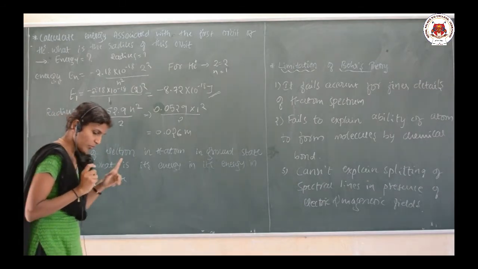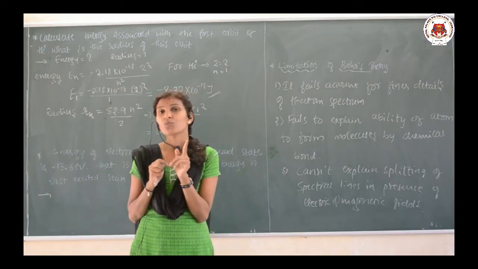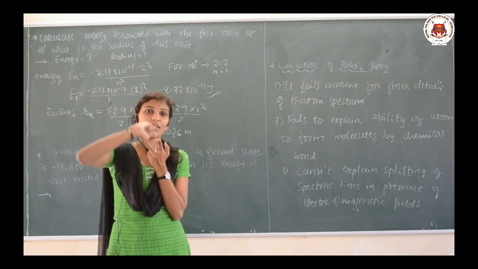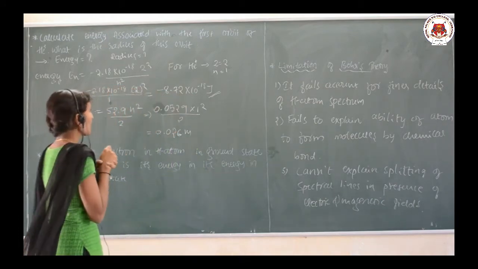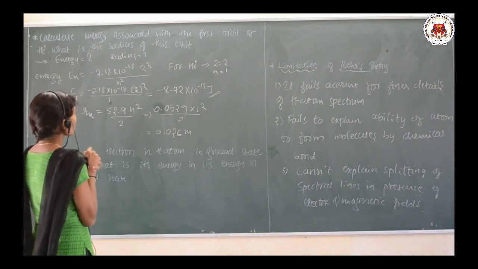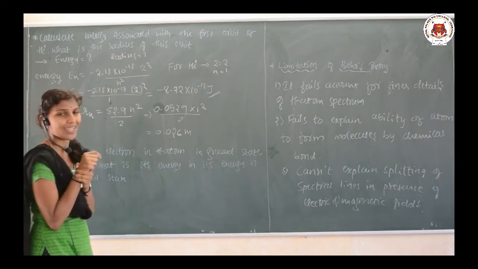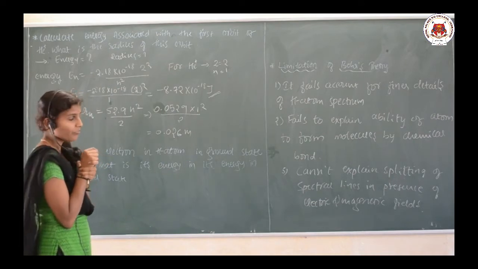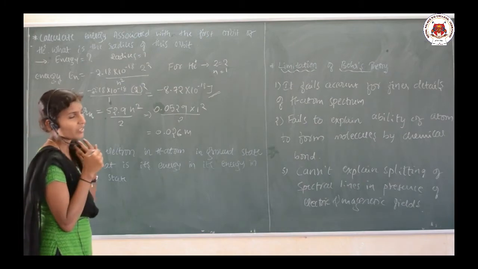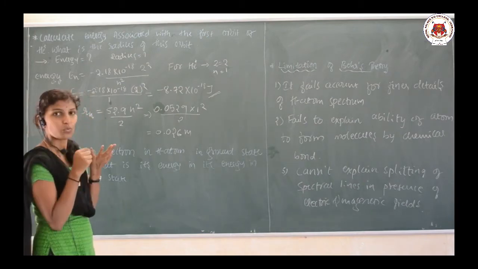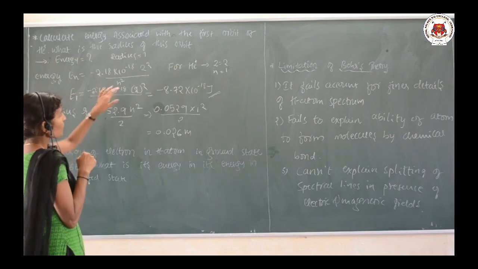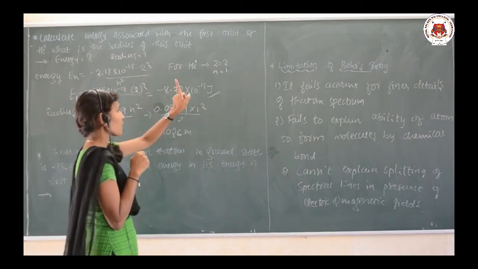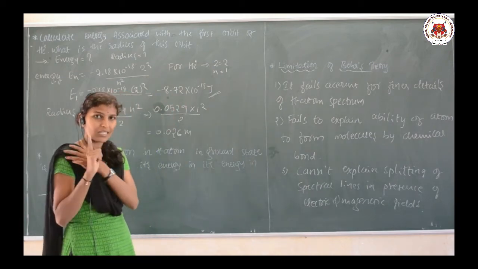So, you need to remember these two formulae. The question is that you need to find the energy as well as the radius of the first orbit of He plus. We have the formula energy En is equals to minus 2.18 into 10 to the power minus 18 into Z square divided by N square. For He plus, the value of Z is 2 and the value of N is 1. Substituting the values of Z and N, you will get the energy as minus 8.72 into 10 to the power minus 18 joules.